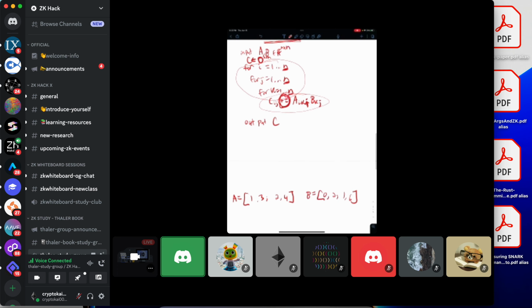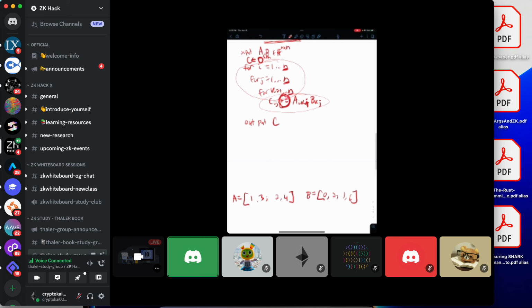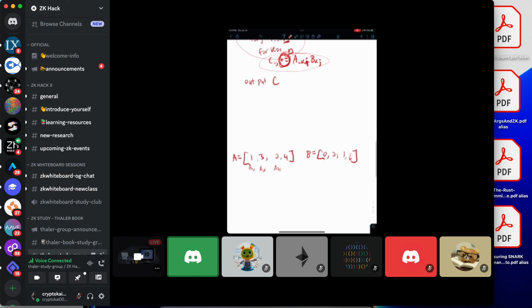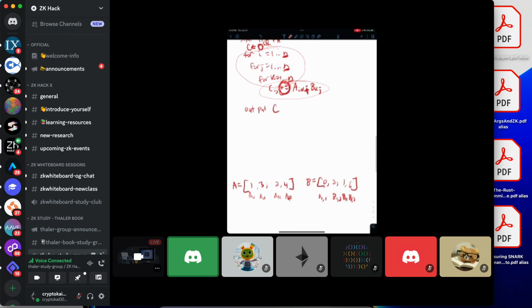And yeah, so there's going to be n cubed multiplication gates. So this is like A11. So like A12. This is A21. This is A22. Let me just do this. All right. So yeah, we need to multiply. So we start with